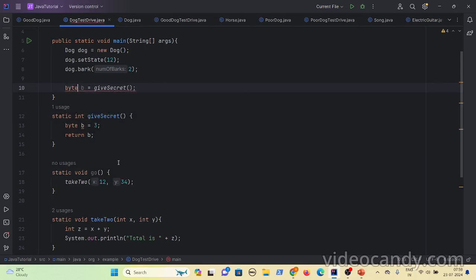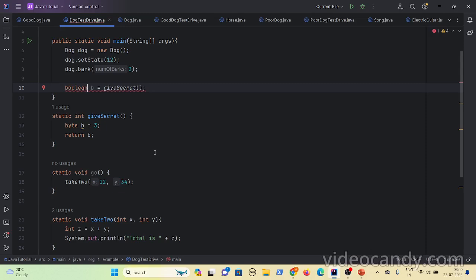But if I do byte, right, what it does, integer range is larger than the byte range. That's why it threw error. So you can do special typecasting here, as we have discussed before. And one more thing is, let's say it is declaring an integer value and you want to put that as a boolean, it will throw error. Even the typecasting doesn't work.